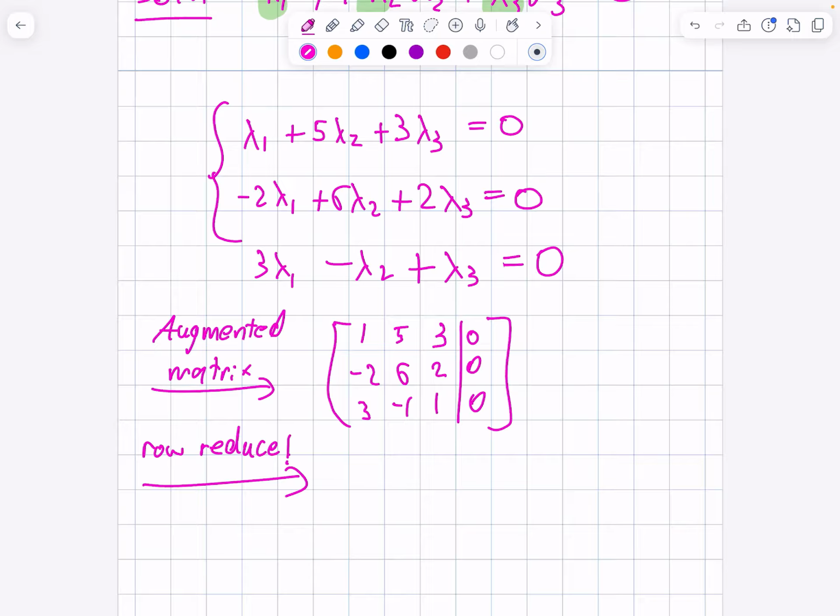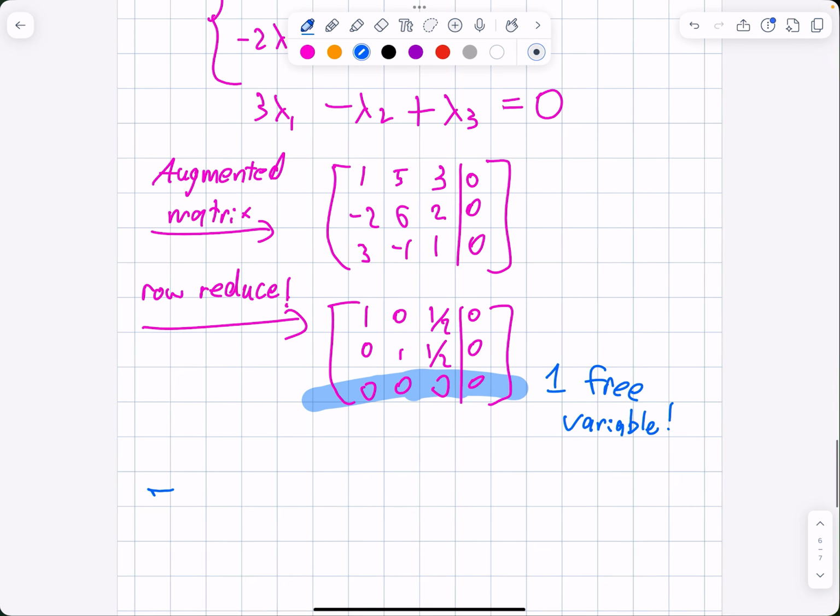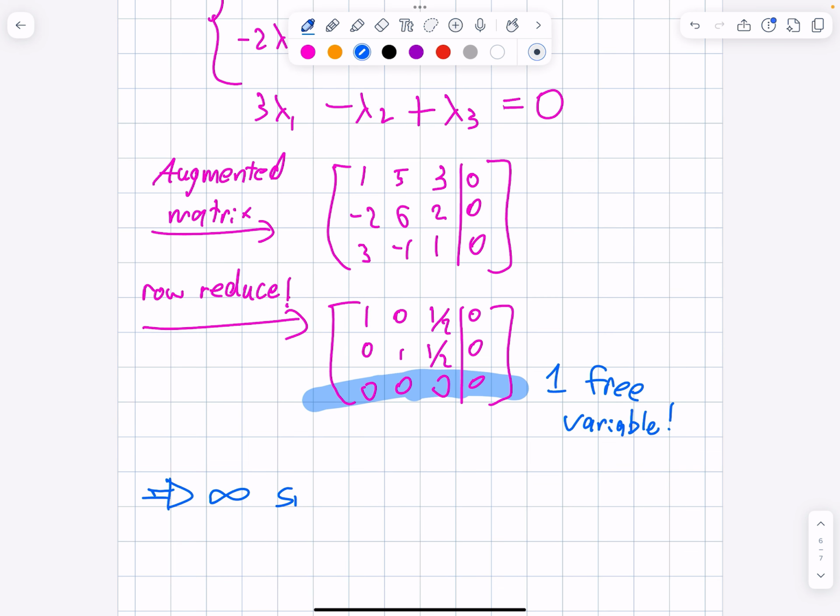So we row reduce, and this is what we get: 1, 0, 0, 0, 1, 0, 1 half, 1 half, 0, 0, 0, 0. I didn't show you the full row reduction, but I'm sure you can figure it out. So what does this tell us? If we look down here, this last row is telling us one free variable, and one free variable implies infinite solutions,